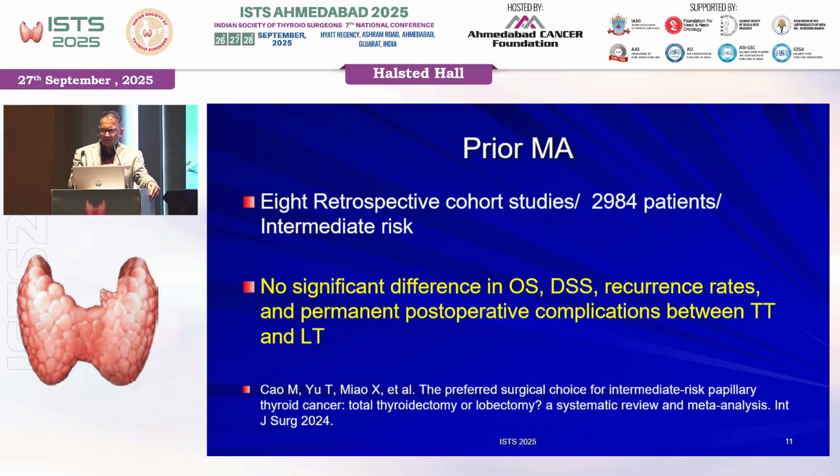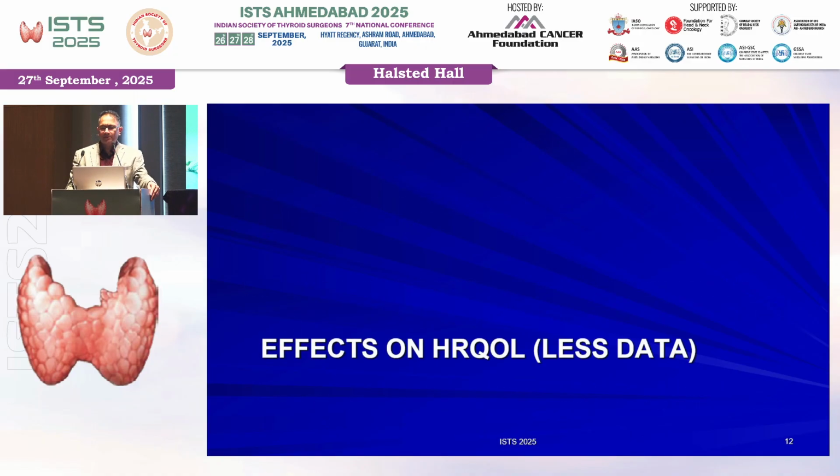So by and large, the earlier publications, right from Adam to many other studies, although there are some isolated studies that suggest that recurrences may be higher in the hemithyroidectomy group, but by and large, most of the studies, including the most recent meta-analysis published about 3 weeks back, said there is by and large no difference in the